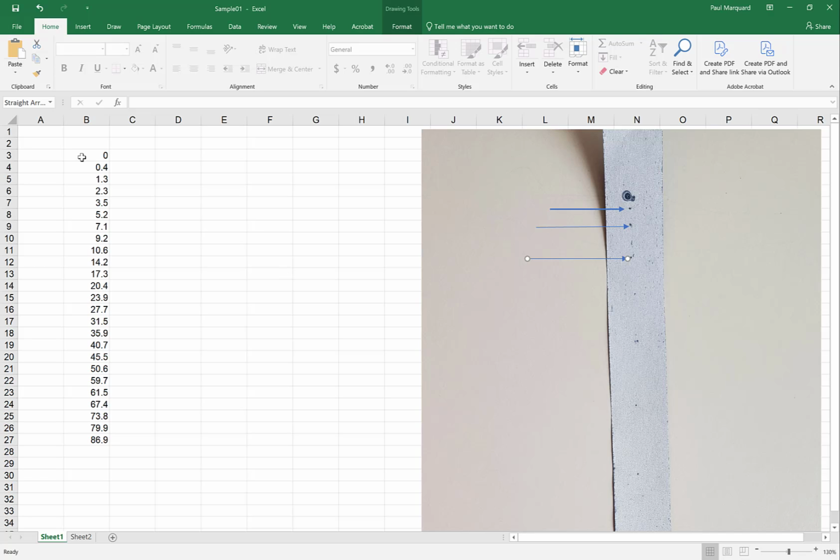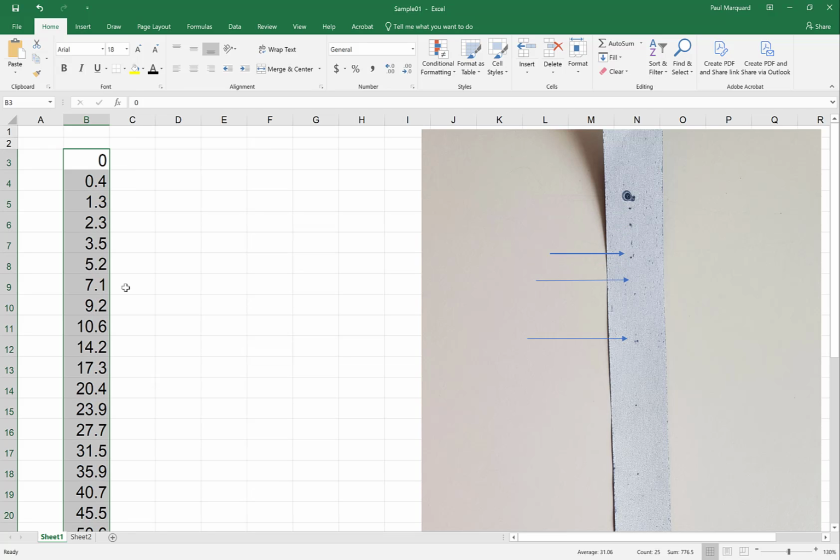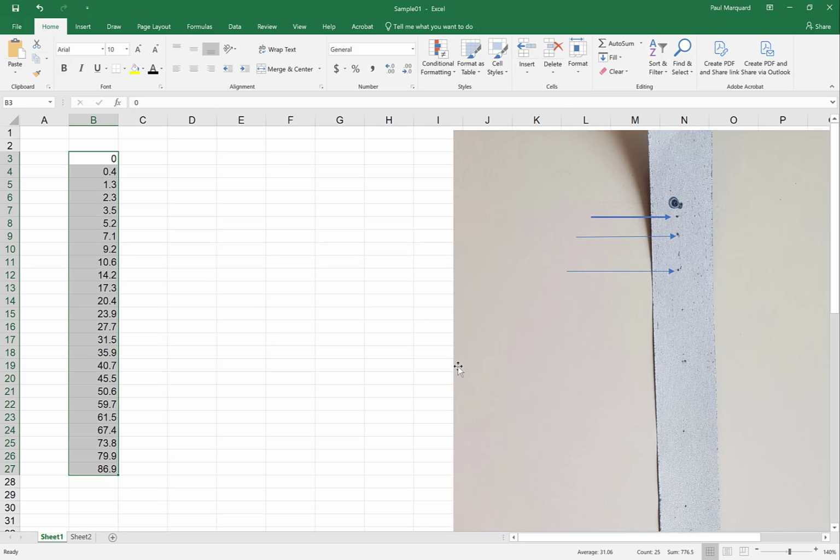I can do a lot of things like I did before. I could highlight these guys and I could change the font size. I'm just going to stick with Arial 10. I mean, I can make them really big. Let's make them 18. Ooh, that's much bigger. And if I want to undo that, I can use the undo button over here. I've zoomed in. You can see I'm at 130 in the lower right-hand corner. I'm actually going to go to 140. I can boldface. I can highlight